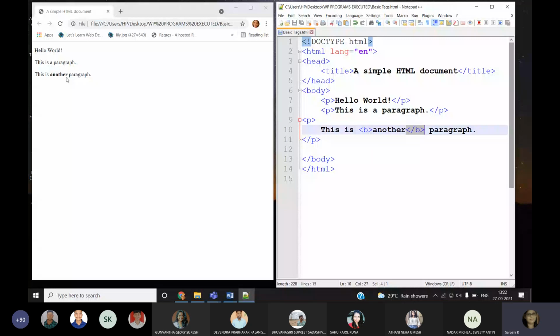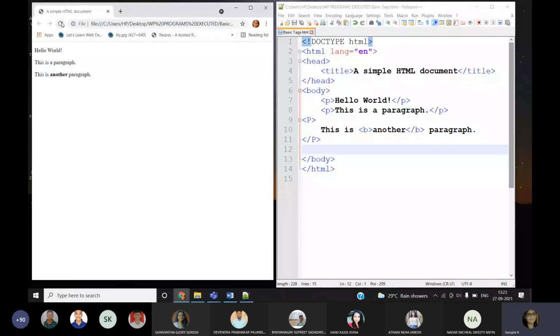Now, another point I said, you remember. See here. The paragraph tag is not case sensitive. The tag keyword is not case sensitive. Now, what I did, I changed lowercase to uppercase. P, now I have written in a capital letter. Will this give any change in the output? To see that, I have to save. I saved, I refreshed. There is no difference.